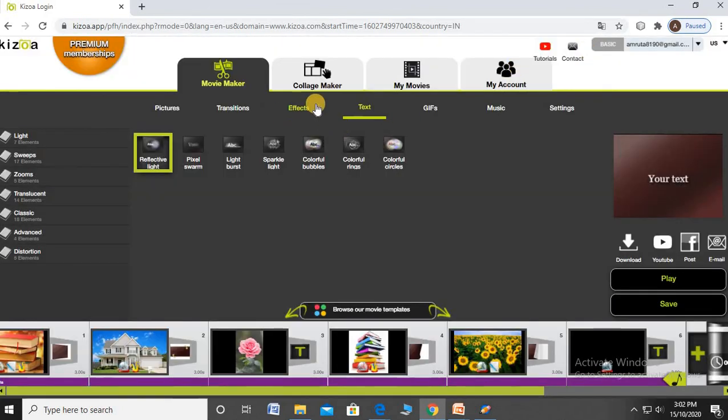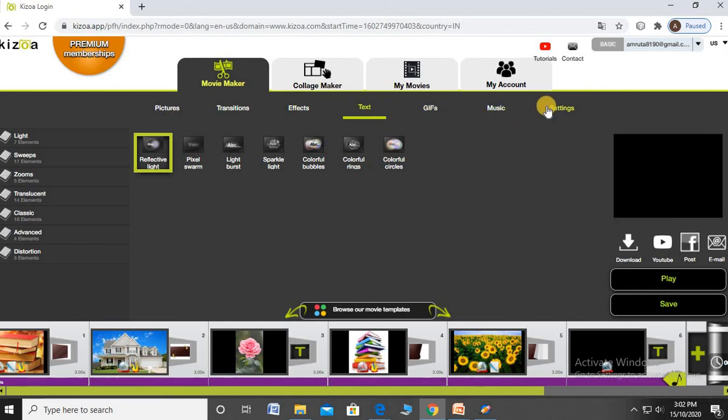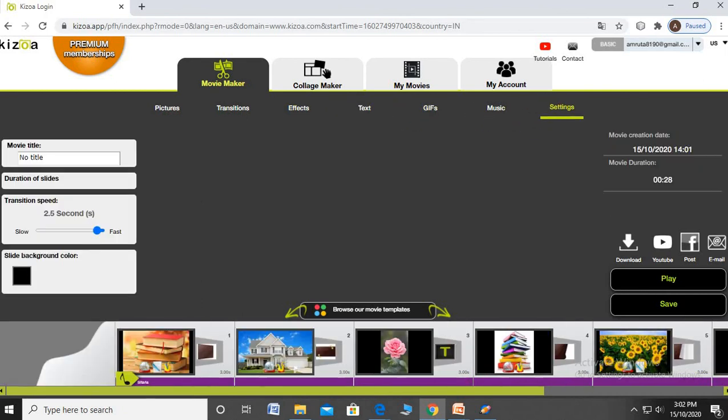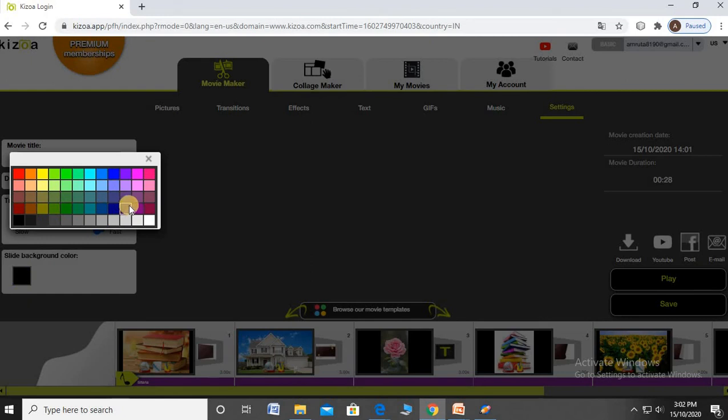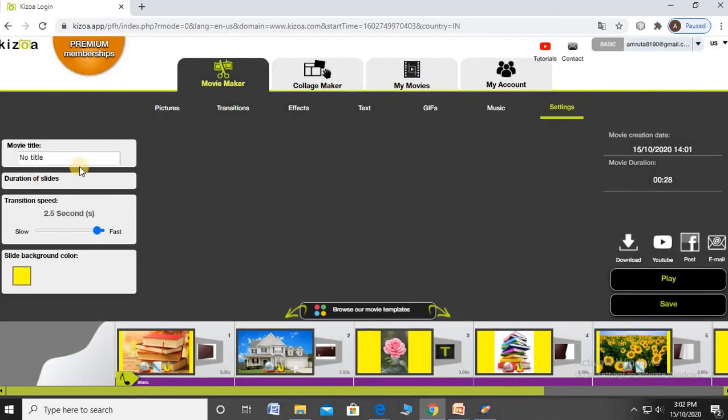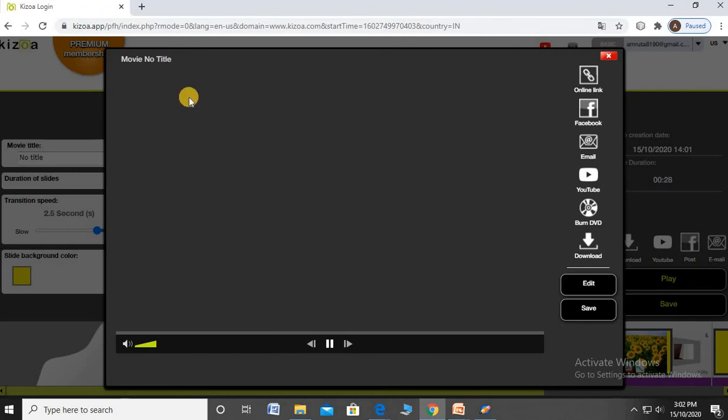If you want to change the effect, text, GIF, music, any changes. After that you also apply the background as a color. For example, I am giving the color yellow. Okay, then play it.